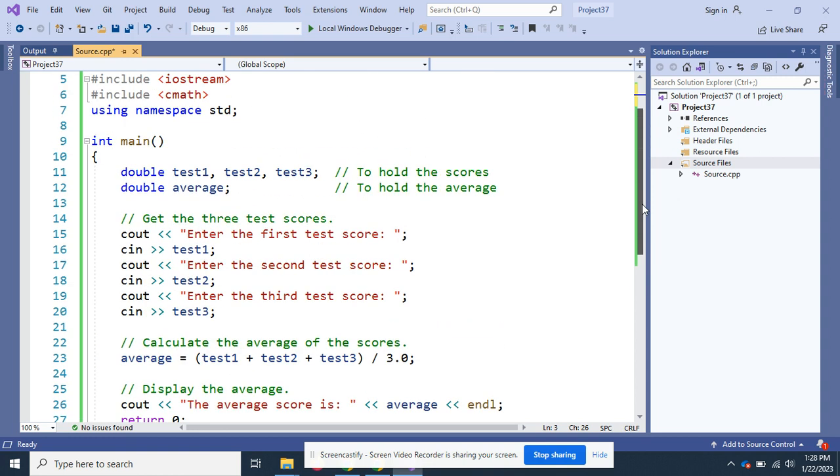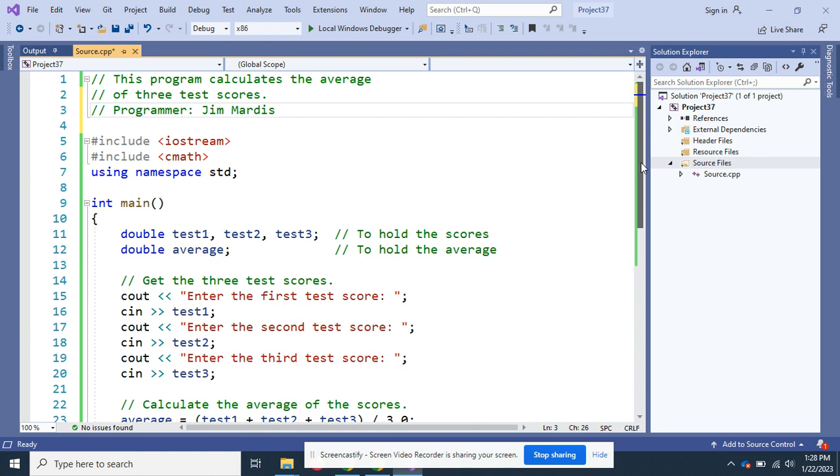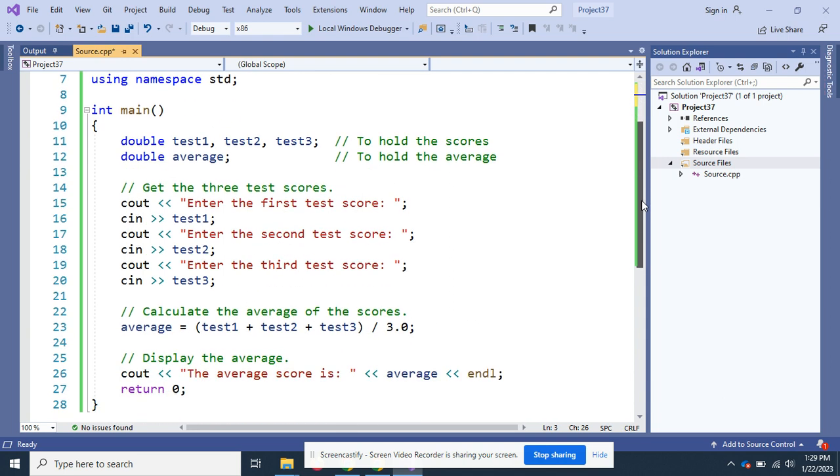But this is about what I would expect on a program that's turned in to me. That way I can figure out what everything is, because every program's going to be a little bit different. People are going to do things in different ways, and I have to figure it out to actually grade it.